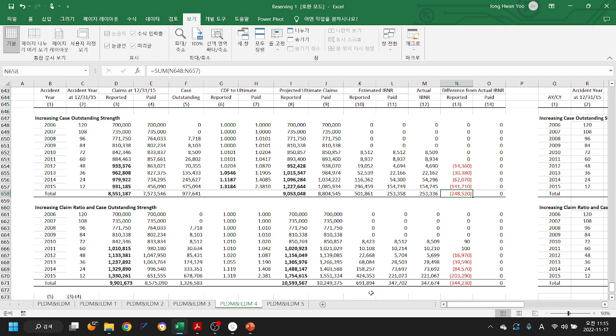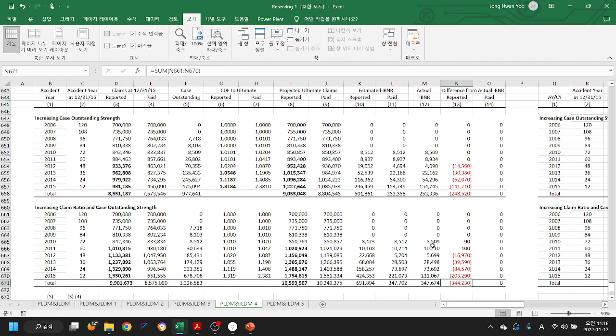It alone won't change anything, but those two combined together, and probably the case outstanding inadequacy, is leveraging the increasing claim ratio, so the gap between PLDM and ILDM is much bigger, and also that's a much bigger discrepancy